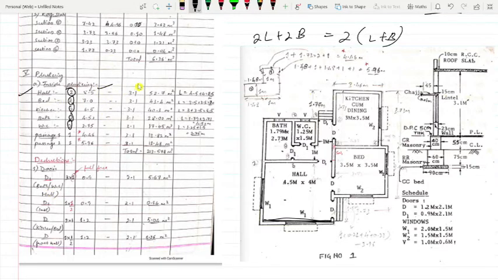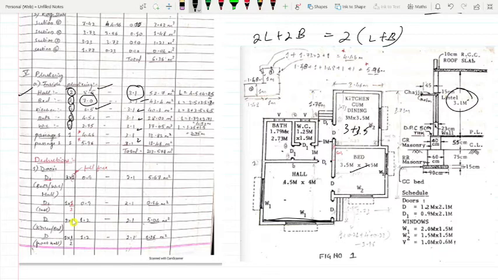And again the height is 3.1 meter up to the ceiling. This 3.1 meter is the height everywhere. And bedroom 7 meters. Why? 3.5 plus 3.5. Kitchen 3 plus 3.5, 6.5. Same. Understand now how to do?